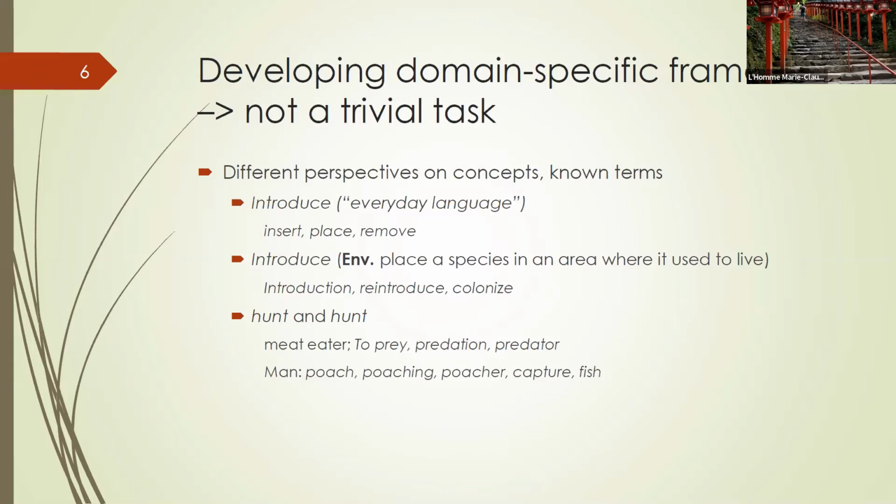So, for instance, with the verb hunt, when looking at hunt in a corpus on endangered species, we notice that a first hunt refers to an activity where a meat eater, a species, catches animals to survive. And considering this meaning, this hunt could appear in the same lexical paradigm as to prey,